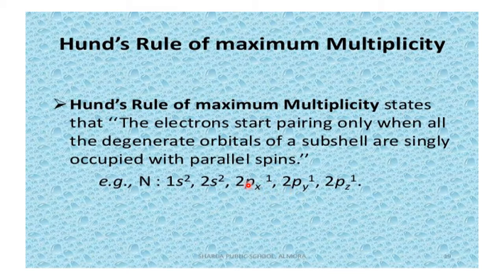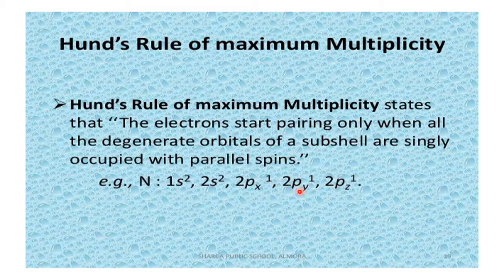So, the atomic number of nitrogen is 7: 1s2, 2s2, and then 2p3. How is the 2p3 arranged? It is distributed one electron each because space is available. When space is not available, then they will pair up. As long as space is available, they don't prefer to pair up. Therefore, the 3 electrons will go one each in 2px, 2py, 2pz.